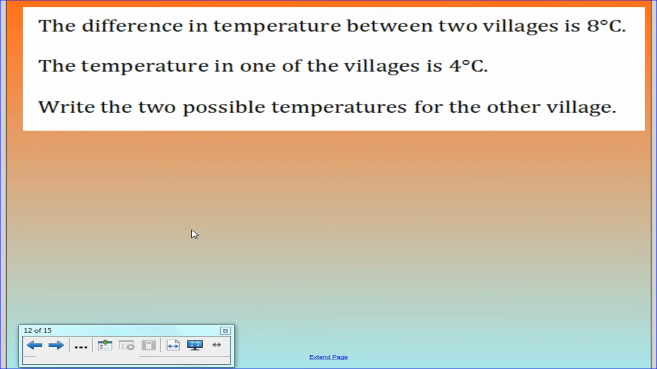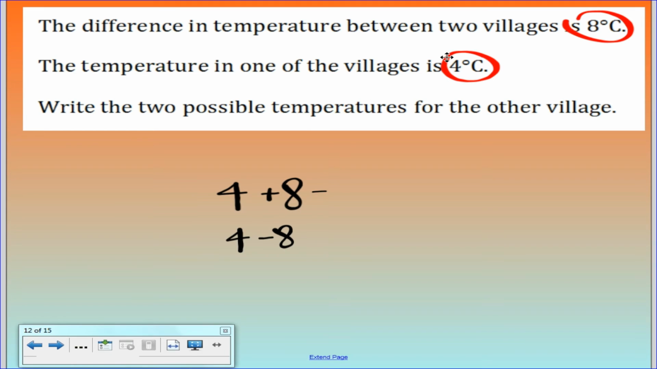Let's now try an examination question. The difference in temperature between two villages is 8 degrees Celsius. The temperature in one of the villages is 4 degrees Celsius. Write the two possible temperatures for the other village. Okay, so the first village is 4 degrees. There's a difference of 8 degrees, so we either add 8 or subtract 8. 4 plus 8 is 12. 4 minus 8 is,